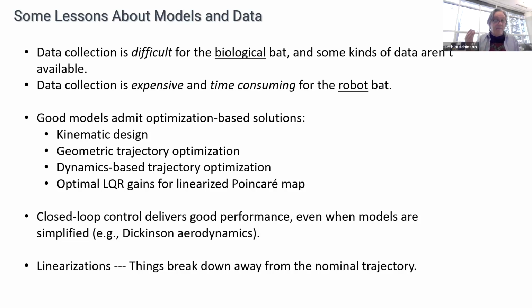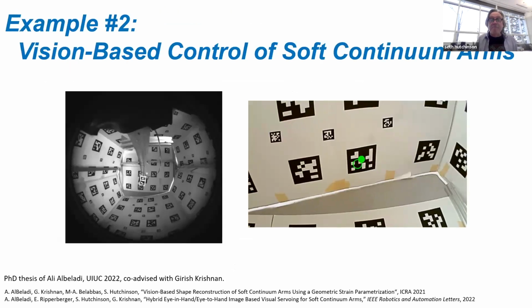So this is something about the limits of models. So limits of data on the top, all the cool stuff we can do with models and control in the middle, limitations of models on the bottom. Right? And that's the sort of overview of what we learned about models and data from the BAT project.